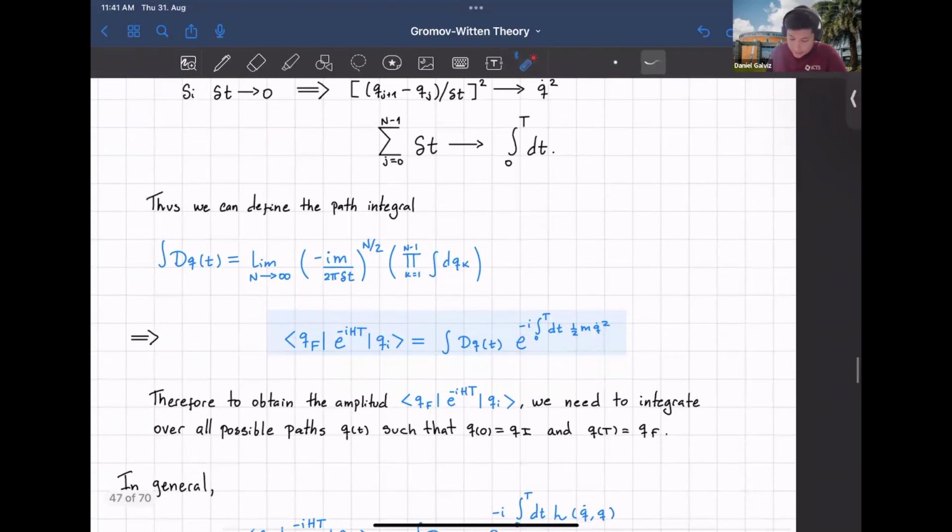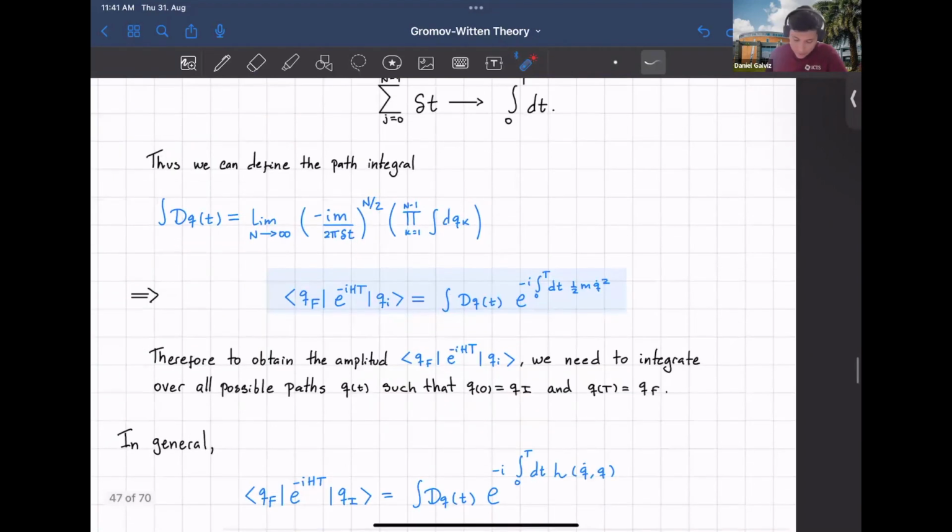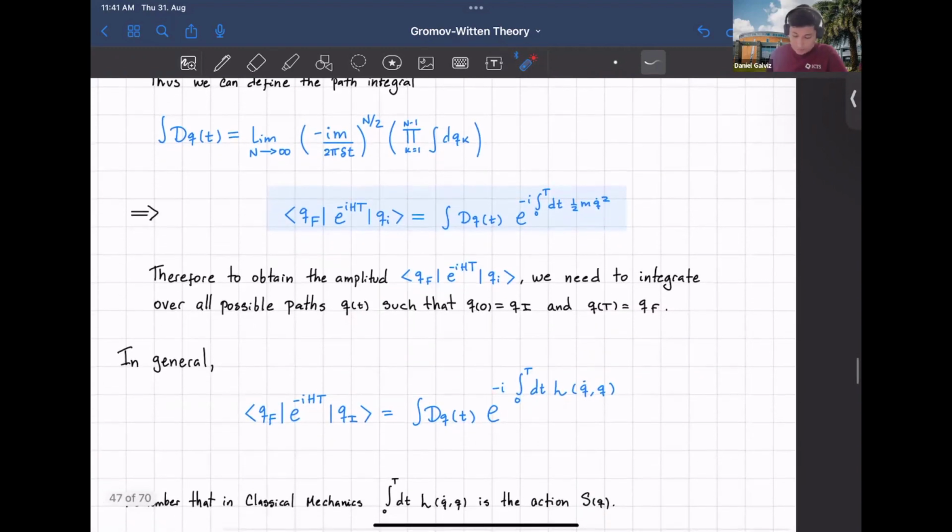So we will have contributions from the more likely to the less likely. So this is the idea. And then we need to integrate over the initial position and the final position. So in general, I can just describe this with our Lagrangian